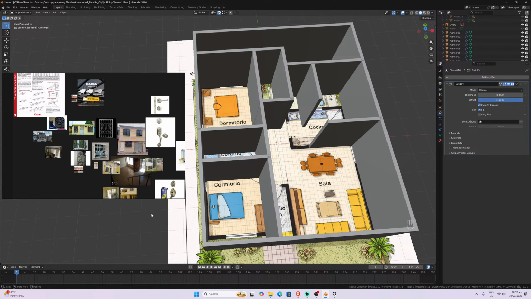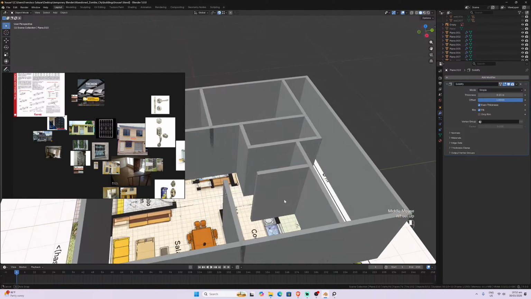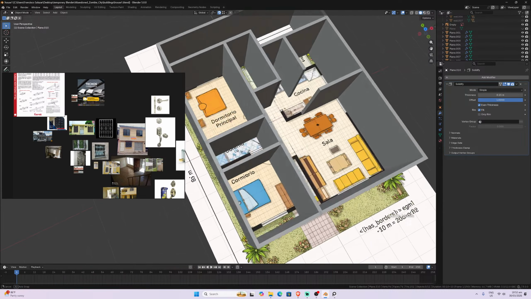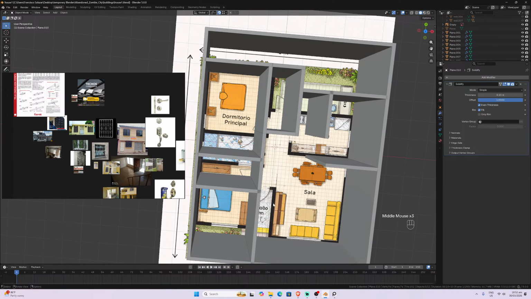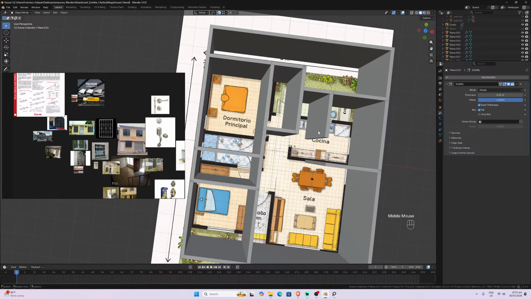Okay, so as I just said, this is the structure that I prepared. Right now I am going to convert everything, the 15 centimeters, the walls. The house is going to have the kitchen. I need to create a new one here.